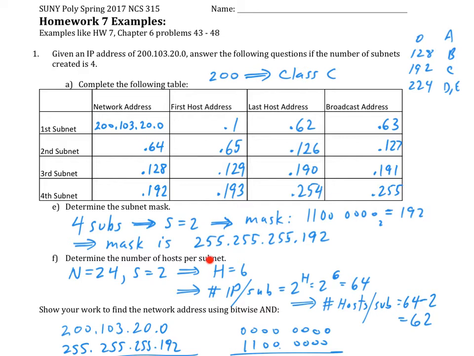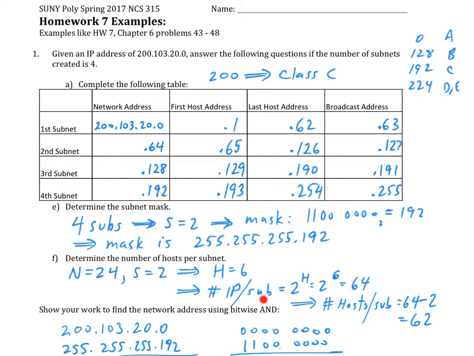What this does is it gives me 8, 16, 24, plus 2 more, 26 ones in the subnet mask, and then 6 zeros at the end of it. So we've calculated the subnet mask based on the 4 subnets, giving us S equals 2. Now for a Class C, the first 3 octets are all network IDs, and so N is 24 for those first 3 bytes. If S is 2 and N is 24, then we can calculate H is 6, and the